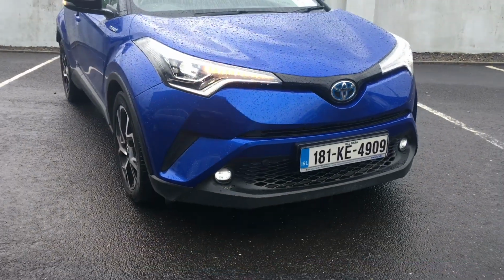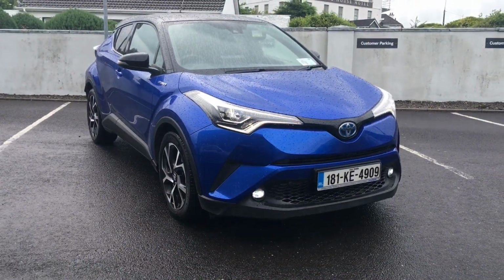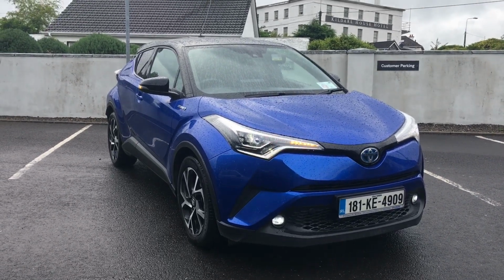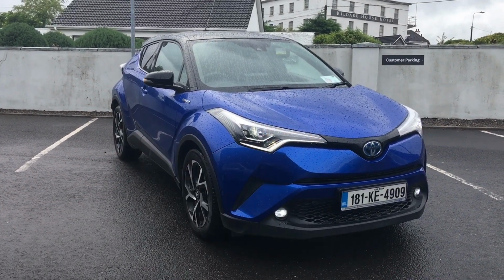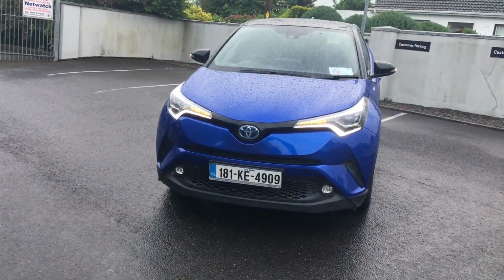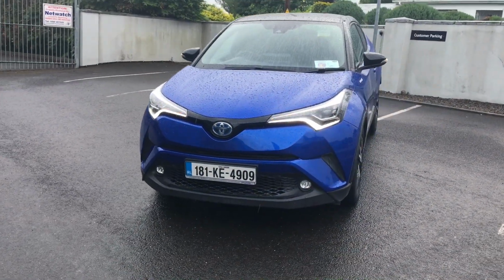So just like the Honda Civics we sell, it's got a full LED setup on the front. Again, I think that's quite rare on any of the CHRs I've seen. I never see that, especially this big long daytime running light, so I think that's an upgrade on that particular car. As with the rear of the car, there are parking sensors on the front,